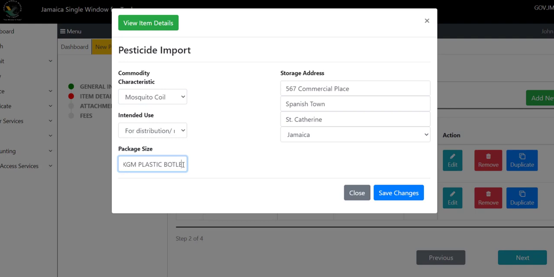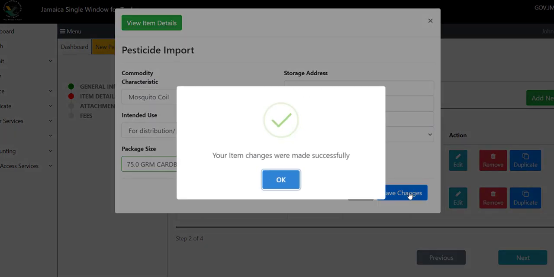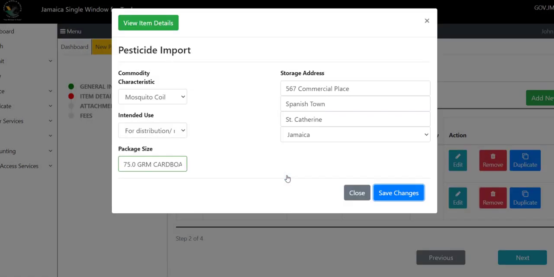So you'd go ahead and you would update whatever it is with the package size details. If the commercial information is different, then you would enter the relevant details. The reason for reviewing the form is in instances where the field is not populated, but under normal circumstances, all these fields would be populated accordingly. Once you have updated the fields, then you just need to save changes. Then click OK when you're done